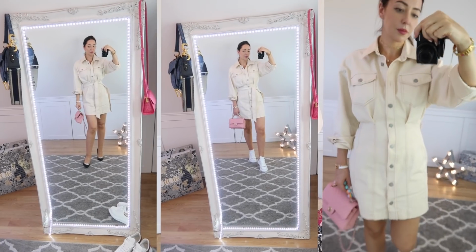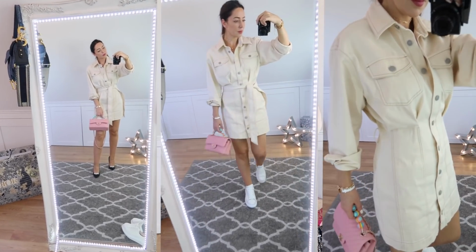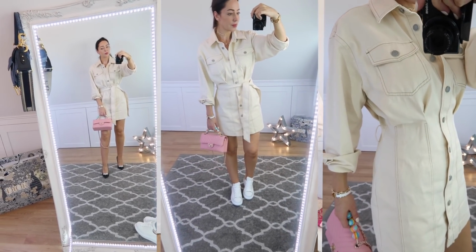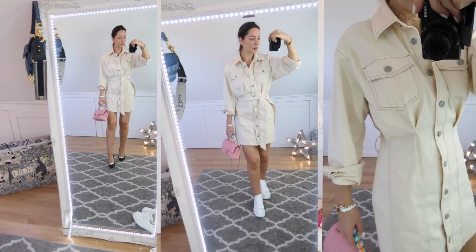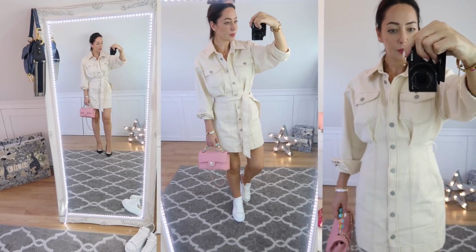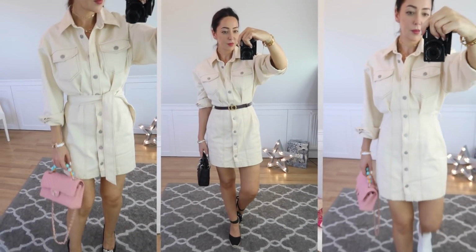It's cream and it's made out of a denim, so it's quite a thick fabric. It comes with its own belt, but I wanted to try it with this. I've been wearing this in two ways. The first is with heels, but actually most of the time I'm wearing it with the Alexander McQueen sneakers because I can walk to the shop in them, and the dress itself, it's not that